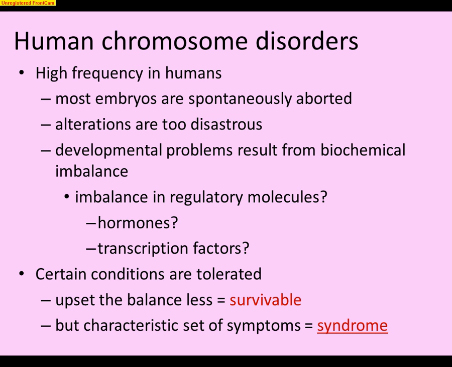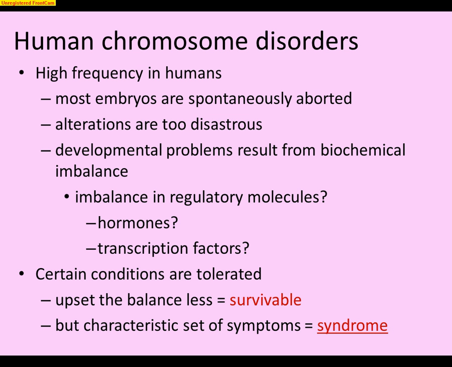Those that do go beyond a couple cell divisions and develop into a fetus typically exhibit some developmental problems, and that's really due to some biochemical imbalances. Could be a hormone issue, could be some transcription factors, depends on exactly what